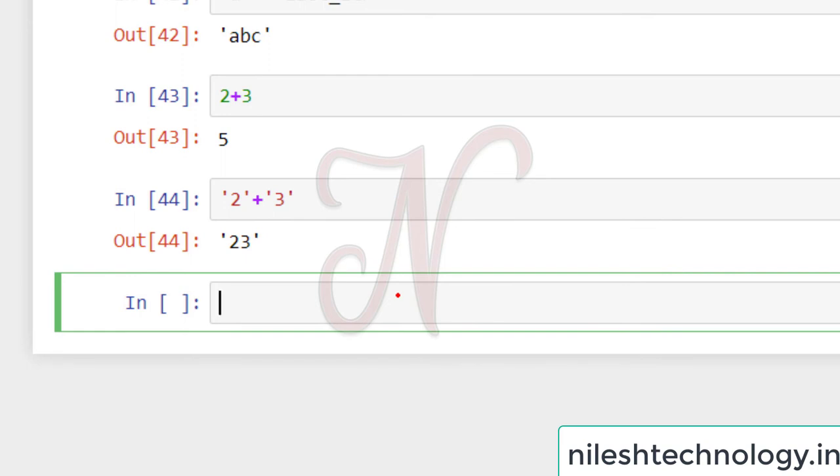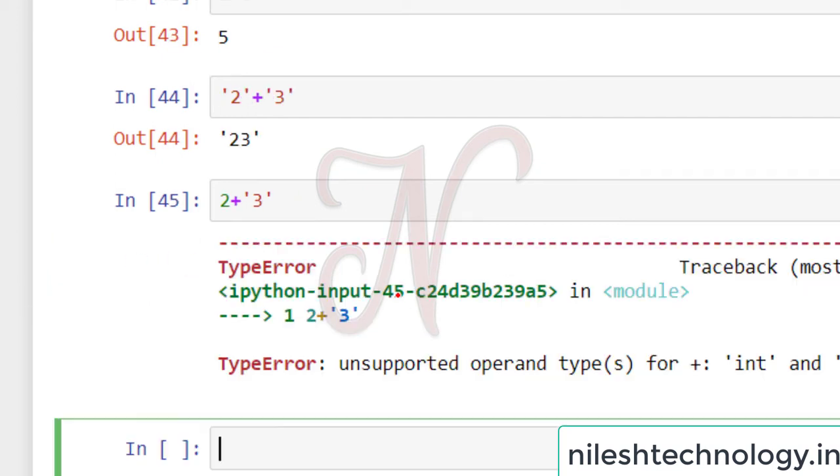But if you try to use one integer and one string, let's see the result. This is the error, unsupported operand type for plus. So plus is used between two numbers or between two strings, not between one number and one string, because an error will be generated.